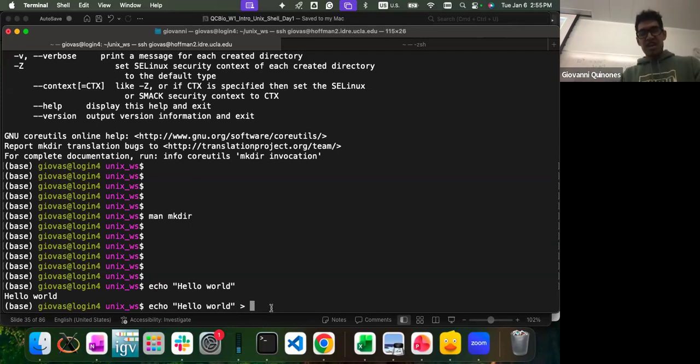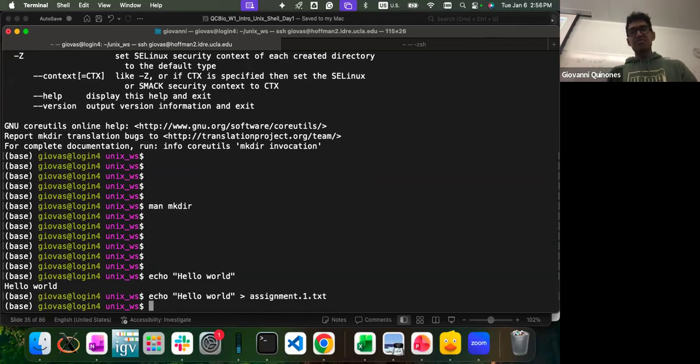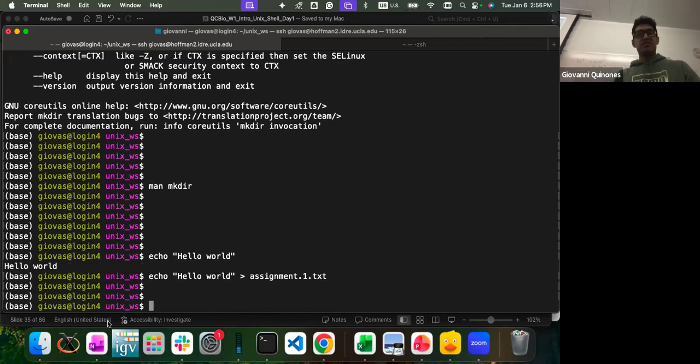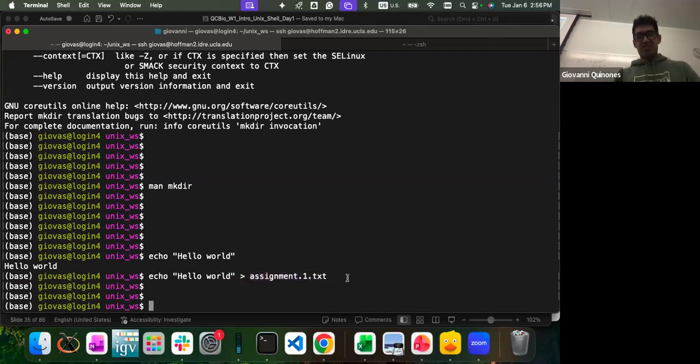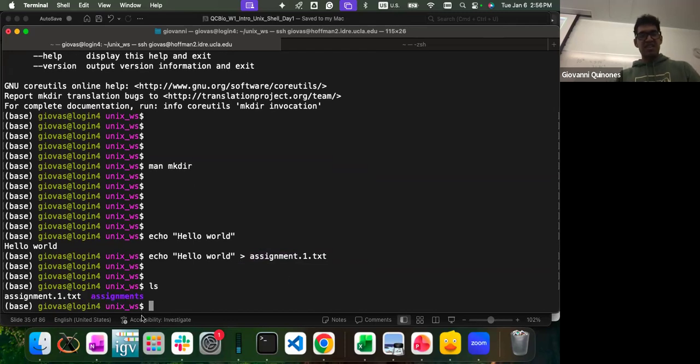So hello world, and I'm going to put it into assignment1.txt. Okay. Now you can see this time it didn't print on the command line, but this hello world text is in this file. Now, if I do ls, I can see, oh, now I created this file. And this file contains this hello world text.